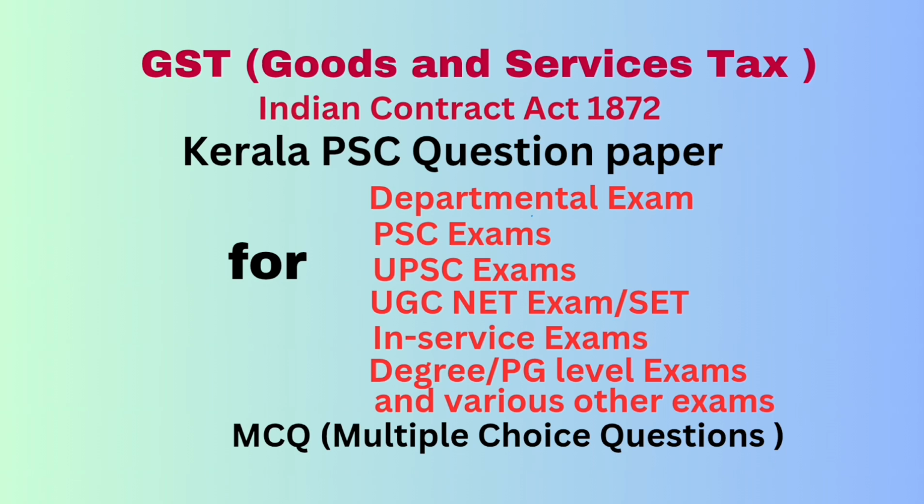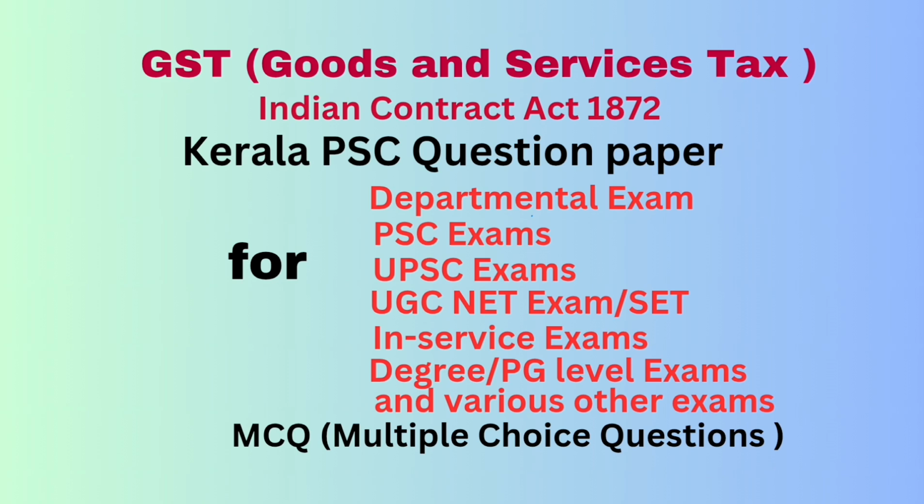Question number 54. Notice to non-filers of return is furnished in form. Answer GSTR 3A. Question number 55. Which document is to be carried by a person in charge of a conveyance as per CGST rule? Answer E-way bill. Question number 56. Application for compounding of offence related to GST is given in form. Answer GST CPD 01. Question number 57. Reverse charge liability is on. Answer service recipient.